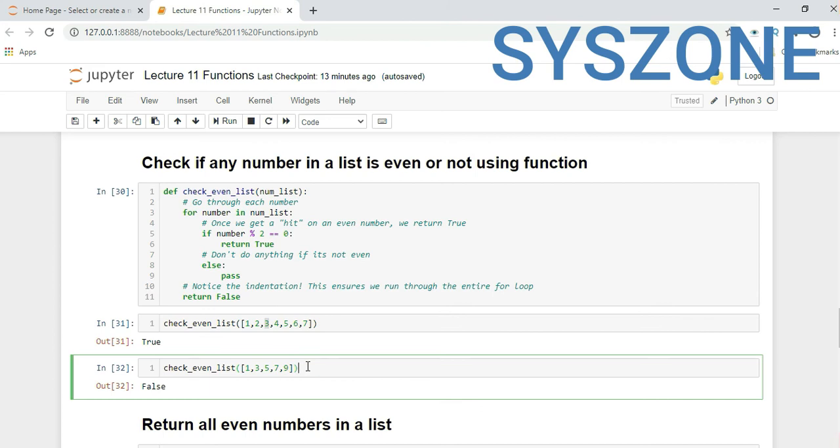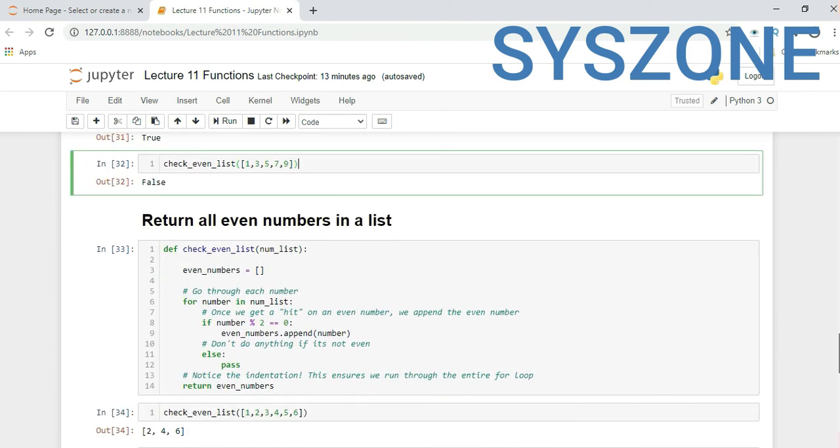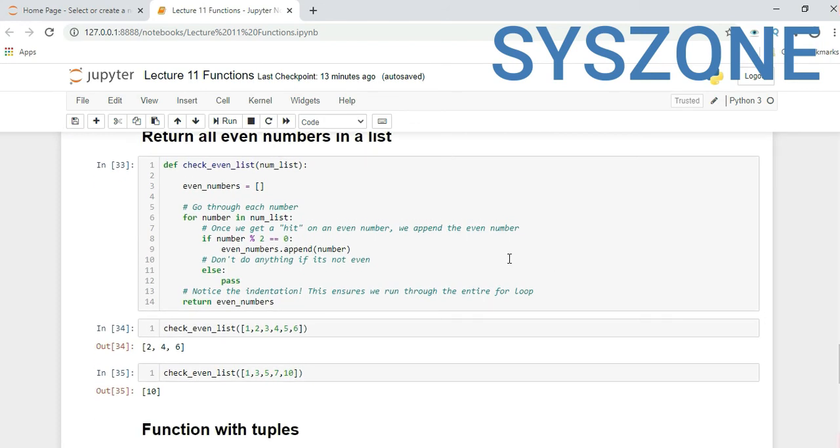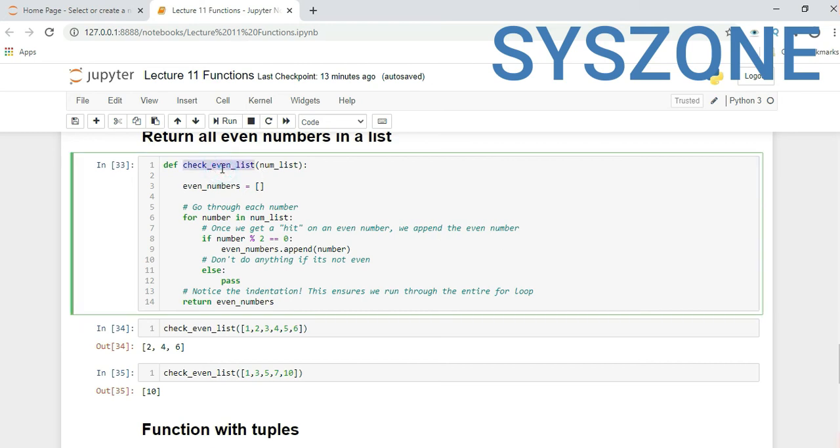Now another example we can see, where it will check all the numbers, and if they are even, it will return them. There are some logical changes. Check_even_list, here would be our list. We created one blank list, even_number, because we will append all the values into this blank list.